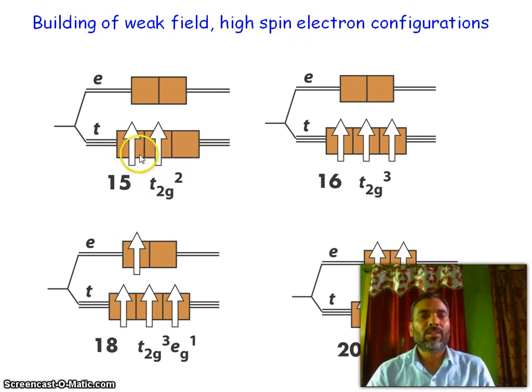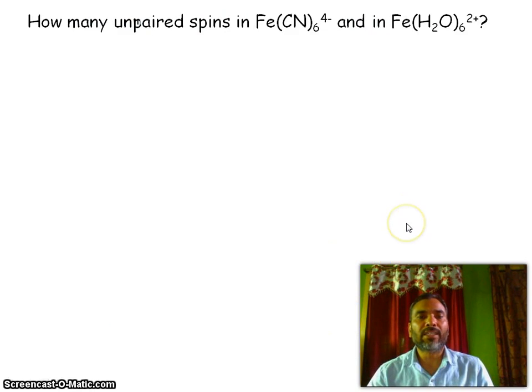So these 2 electrons, these 3 electrons. No meaning of high spin or low spin. But you see here, it will go like that. But maybe it will pair. There is a chance. So such t2g2, t2g3, t2g3 eg4. So if the gap is less, then without pairing, it will go into the higher energy level.